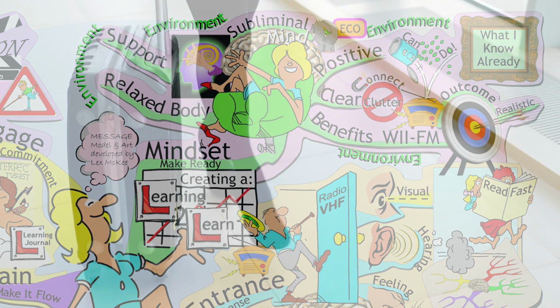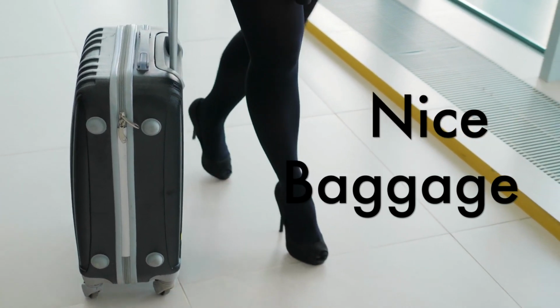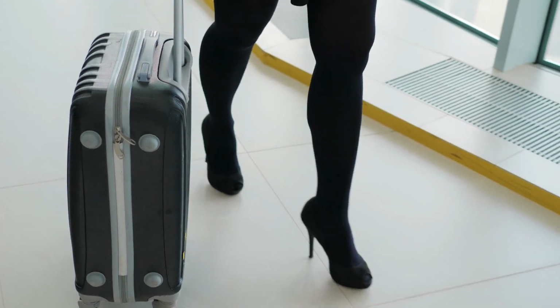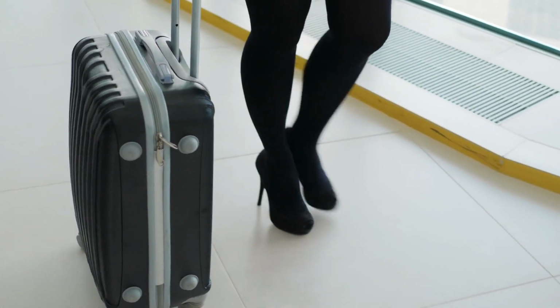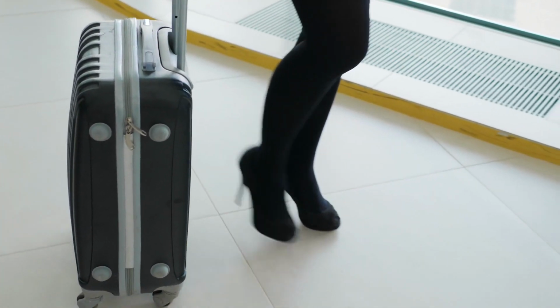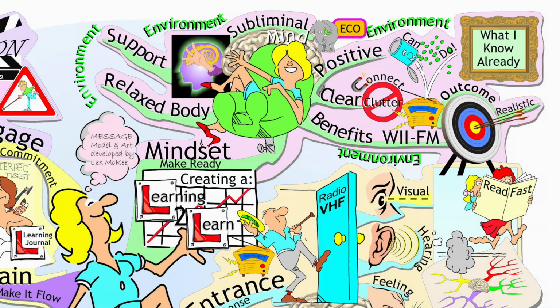And to do that, you have to do baggage check-in first of all. What I mean by that is it's really important to recognise that your working memory is finite. We reckon it to be able to cope with 7 plus or minus 2 groups of information. So you can cope with a lot of information if they're grouped correctly, but the limit, the ceiling, is 7 plus or minus 2.